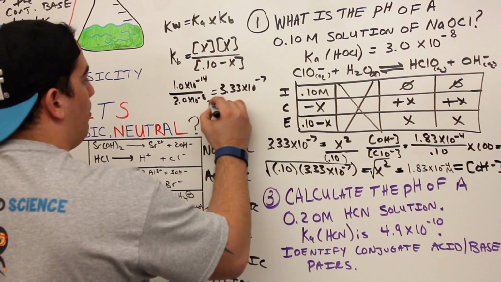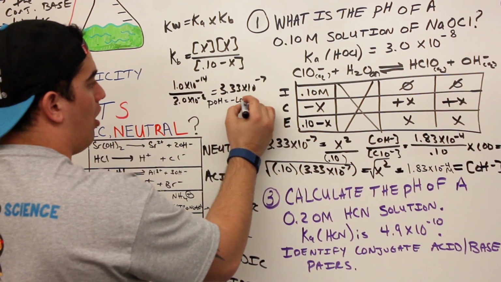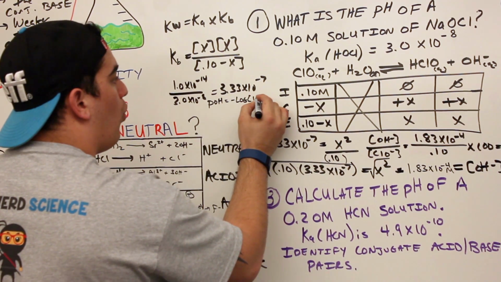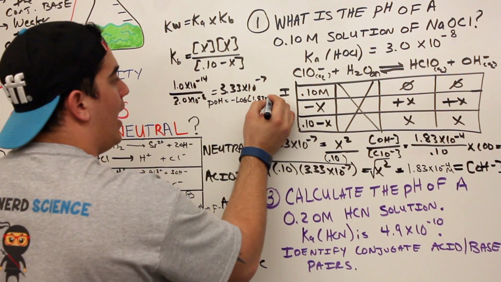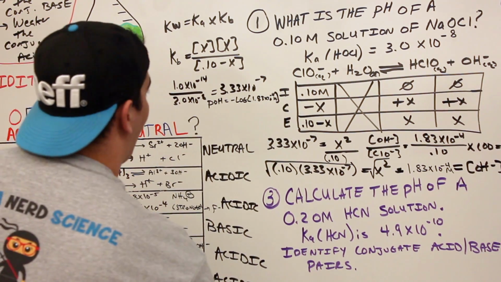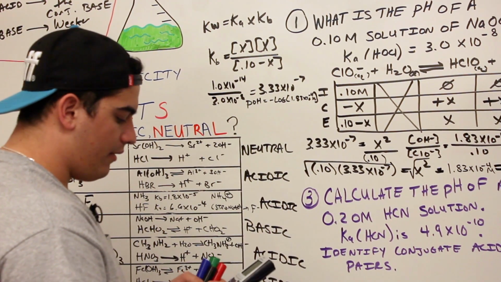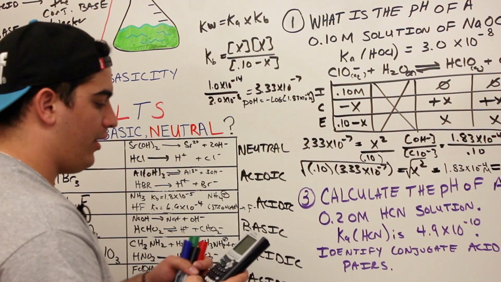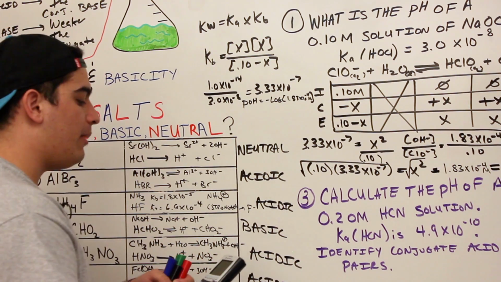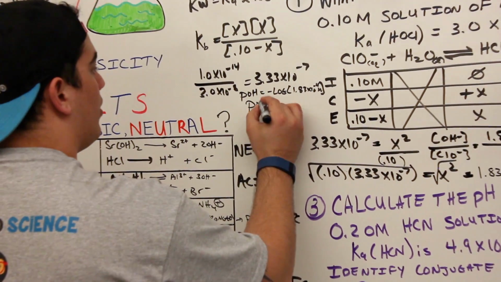I need to take the pOH, which we said is equal to the negative log of the hydroxide ion concentration. Well, what is it? It is 1.83 times 10 to the negative 4 molarity. So if I take the negative log of 1.83 E to the negative 4, what do I get? I get 3.74. So what's my pOH? My pOH is equal to